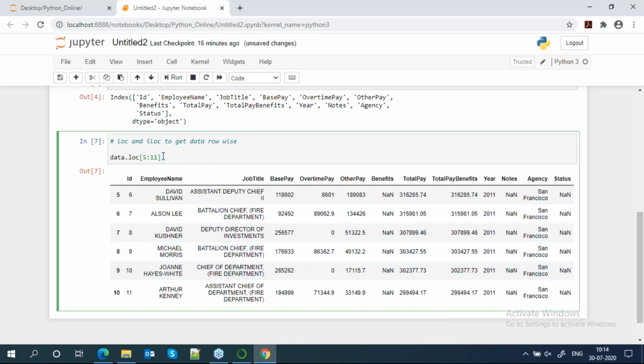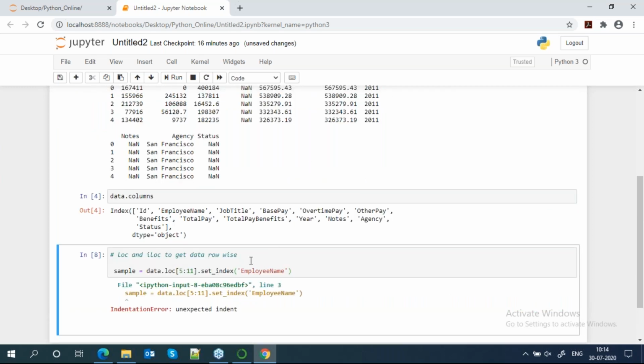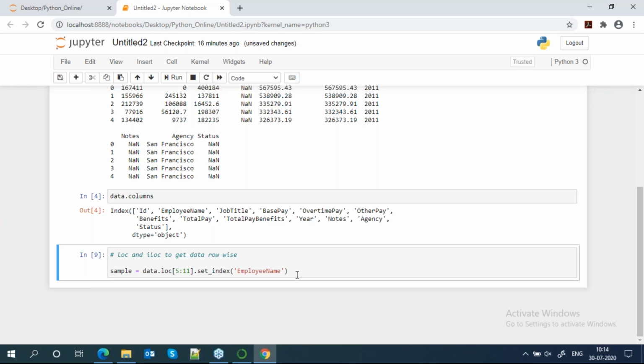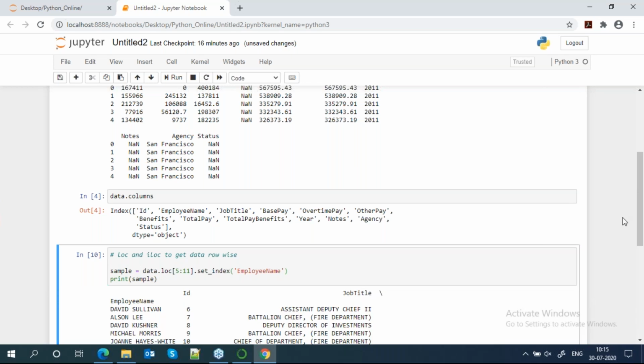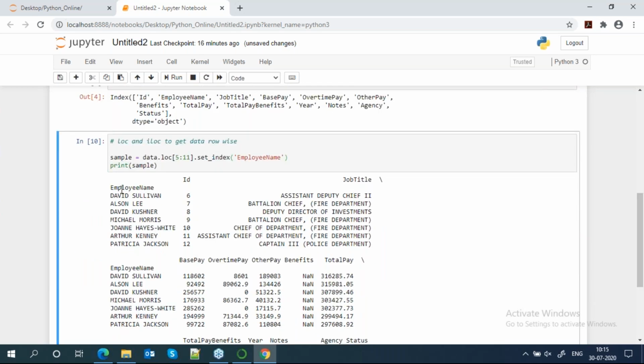Okay, I will tell you one example. So you can see that now this one is my index.